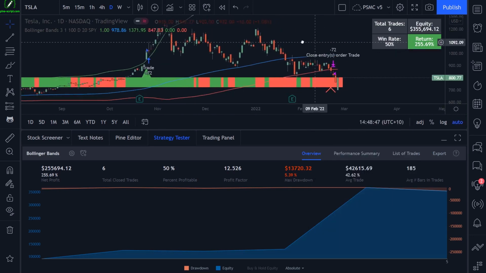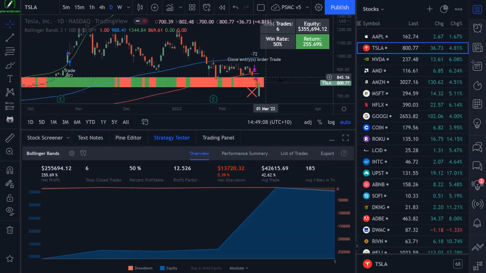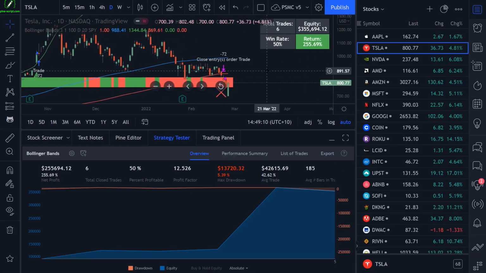But this strategy is profitable on the US stock market, the Australian stock market. Those are the only two universes of stocks that I've tested this strategy on. But it is nicely profitable. A couple of other things to note is that I trade